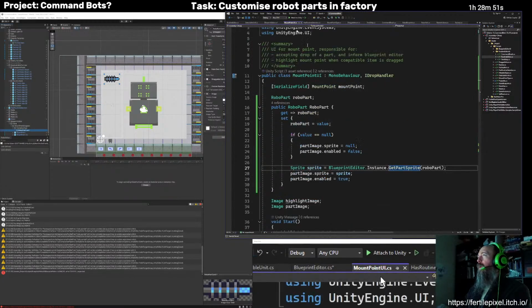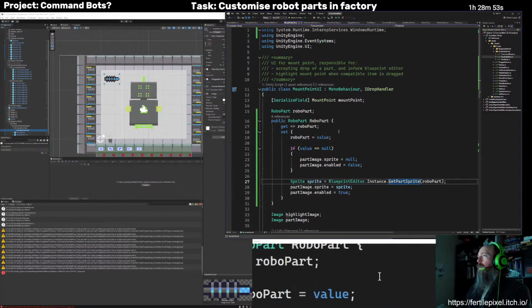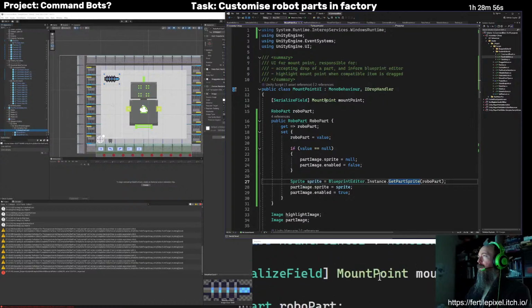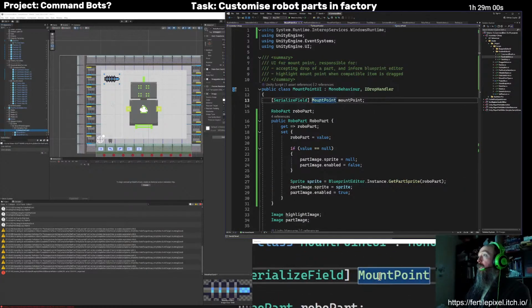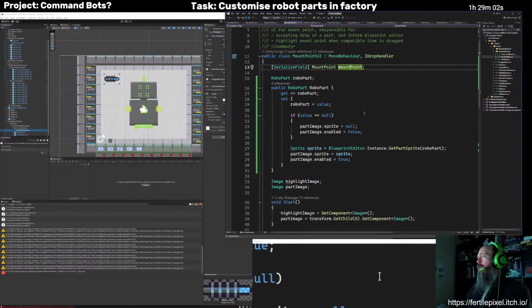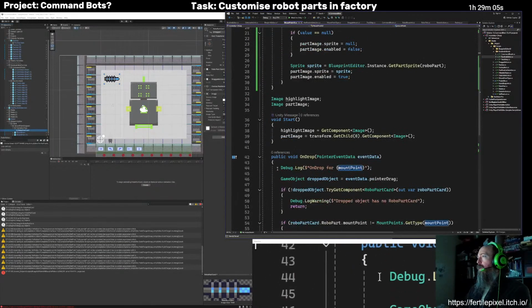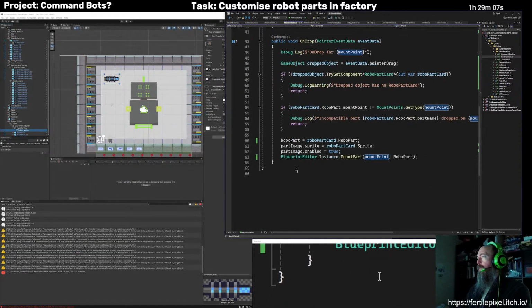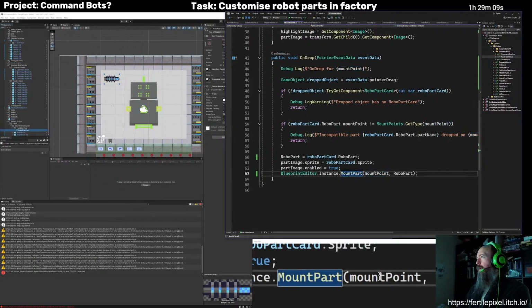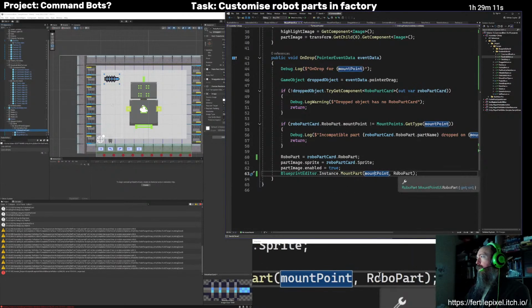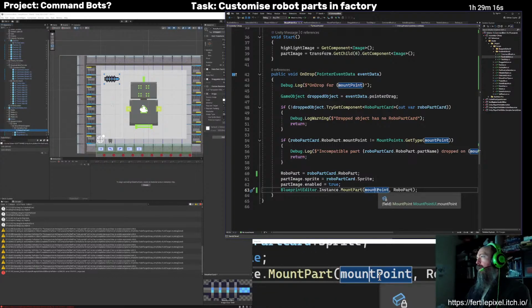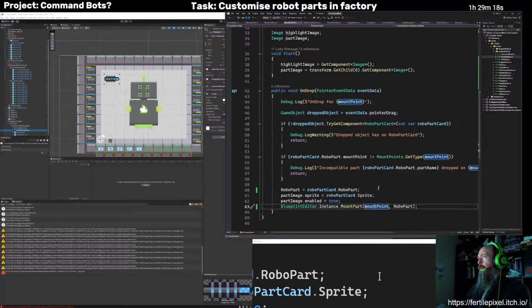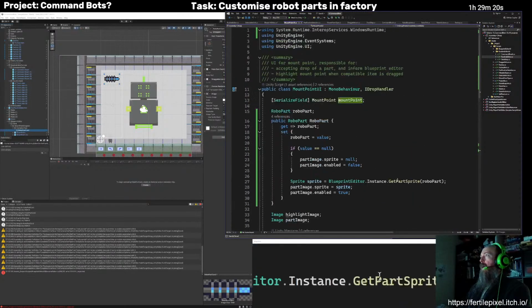So I'll look at mount point UI, and what does it have? It has this mount point, and on drop it will call mount part with mount point and RoboPart, whatever RoboPart was passed in. So that mount point is private.